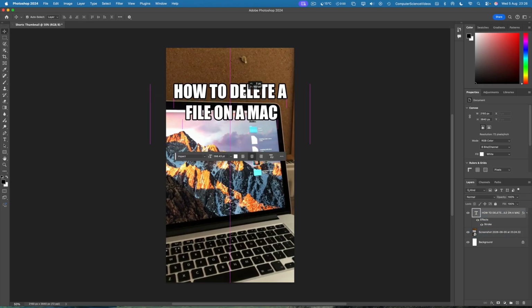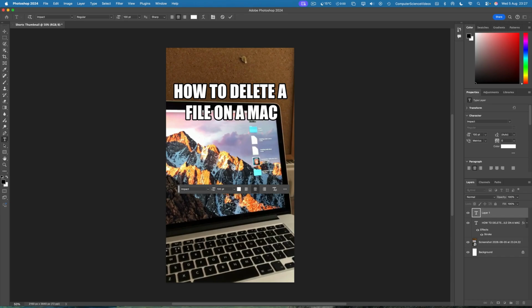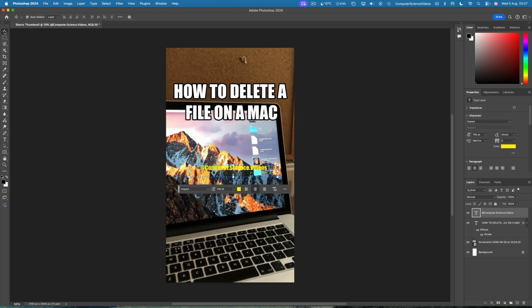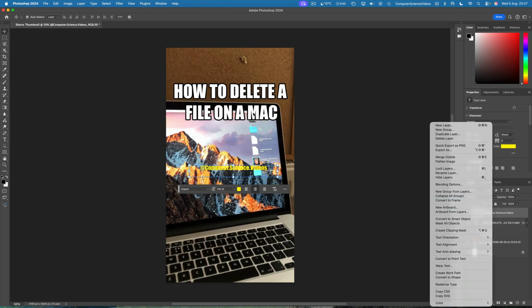Let's now adjust. We also want to add a watermark for Computer Science Videos within the Shorts thumbnail. So that itself has now been added. We want to change the color. And we also want to highlight the same way as we did for how to delete a file on a